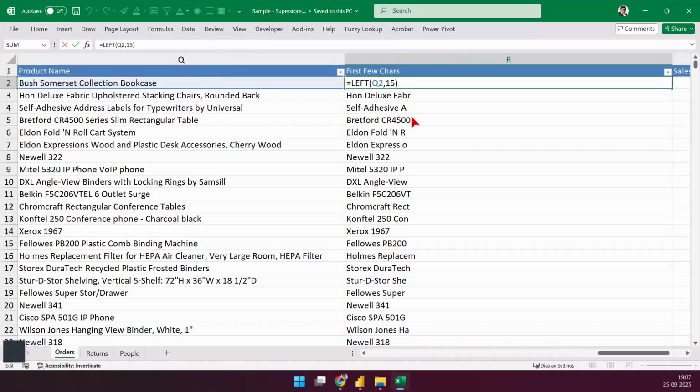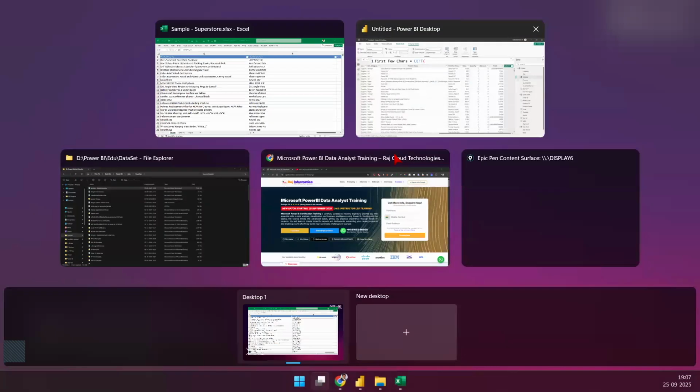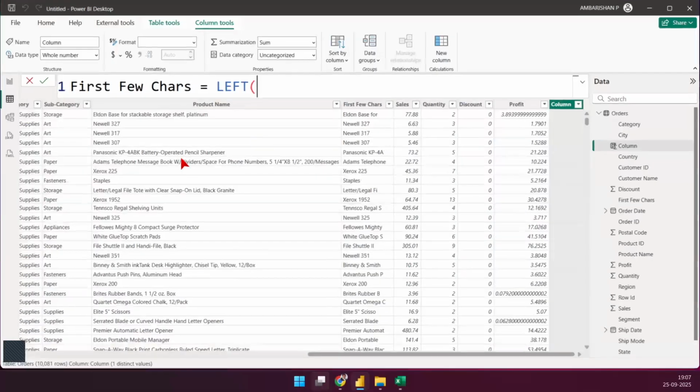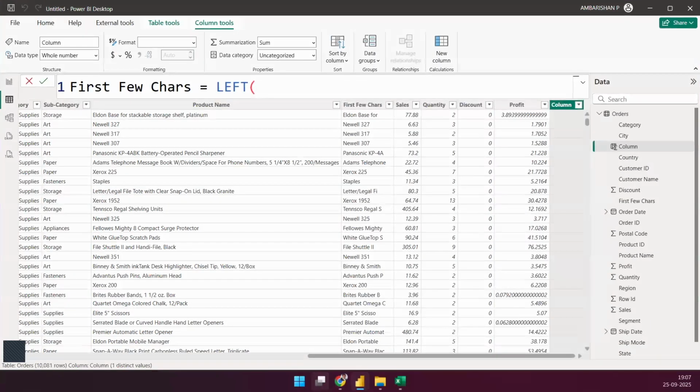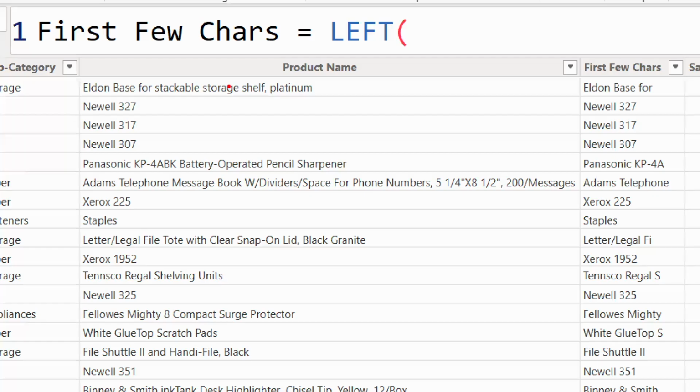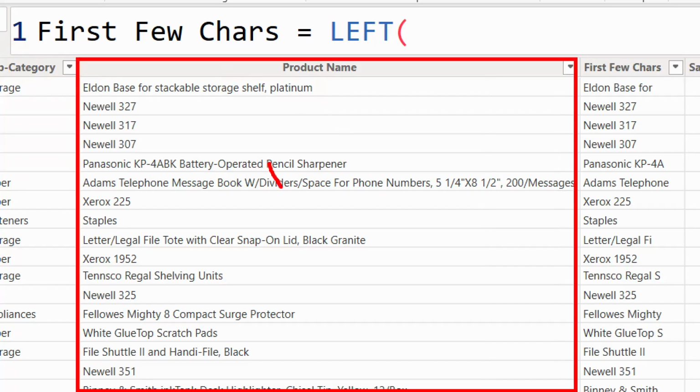But if I come back to Power BI here, we don't have cell references. Do you see a Qth column and then the second row or anything of that sort? No, we don't have cell references here. So the way we do this is we provide Power BI the column itself. We provide a column reference and not the cell reference. That's the only change that goes on.